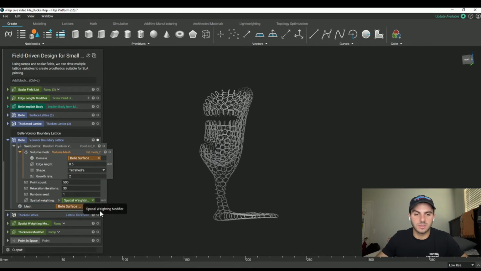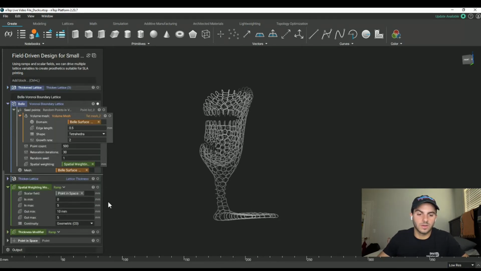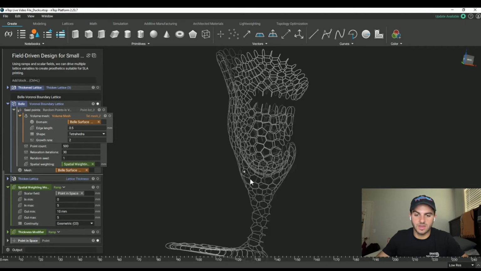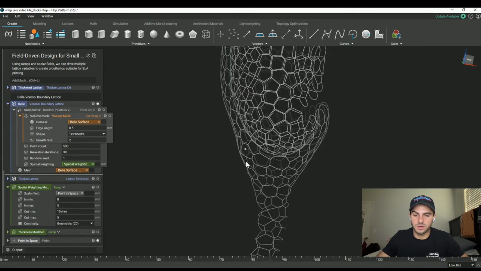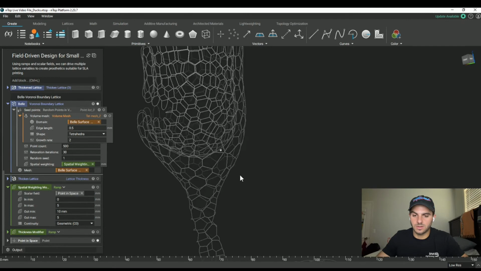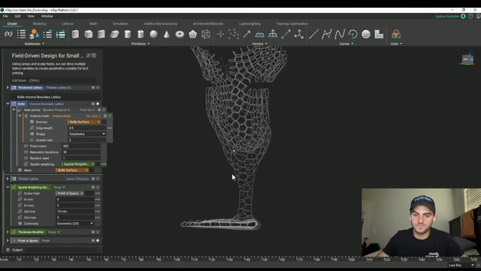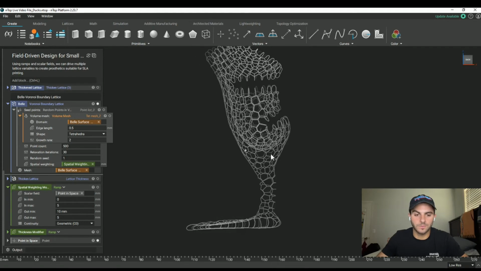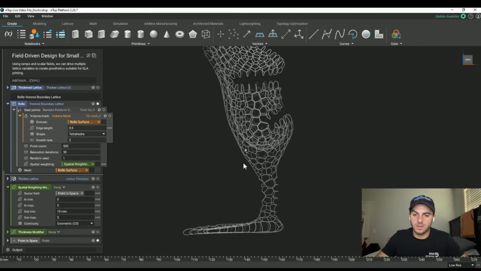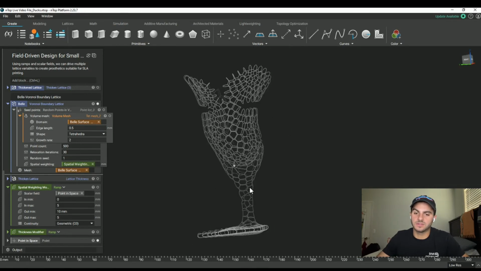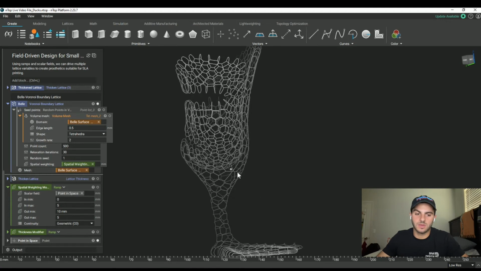So this means it can be any form of implicit body, it can be a plane from normal, it can be a point, it can be a plane. In our case, we used a point in space, right? To show you where that point is, I'm going to turn it on. It's very small and it might be hard to notice, but it's at the front part of the prosthetic. So yeah, we can use points in our scalar fields